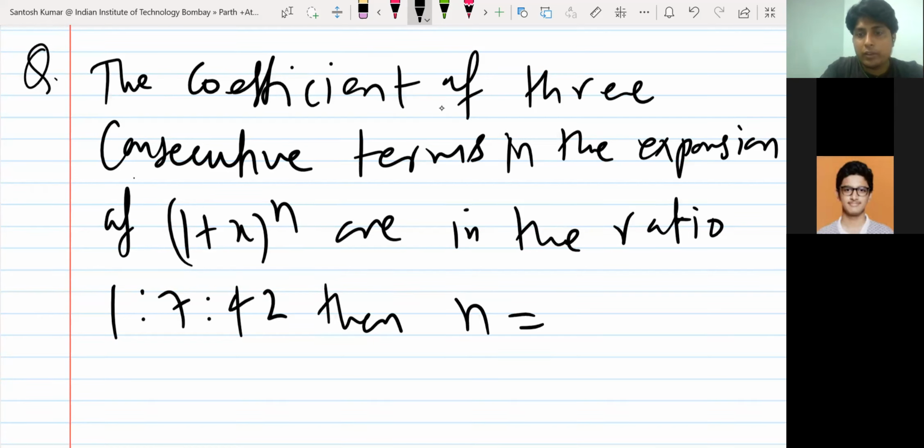Say then, what is n? You have to tell the value of n. Okay, so try this. This is similar. In the last question you had separately been given the first term, second term, third term, fourth term. Here you have been given any three consecutive terms, maybe second, third, fourth, or fifth, sixth, maybe like that. So it's better you assume the rth, (r+1)th, (r+2)th terms like this, and then they have given you the ratio. Then you calculate n. So try this. Otherwise, I will solve. It's easier than the last one. Okay, this question.